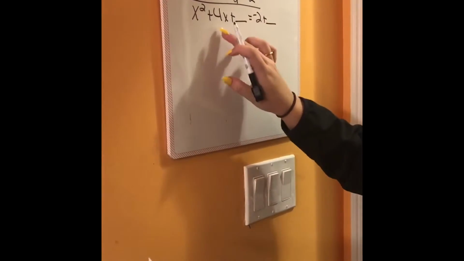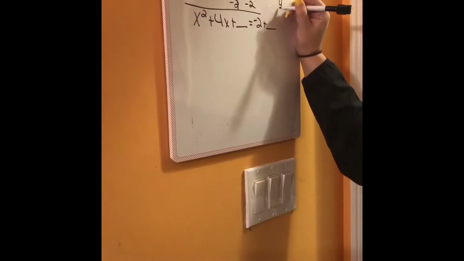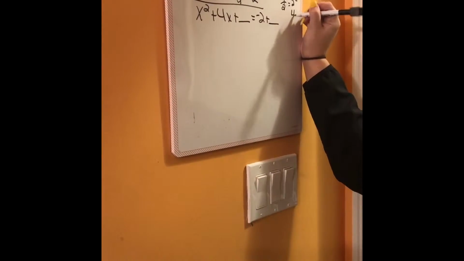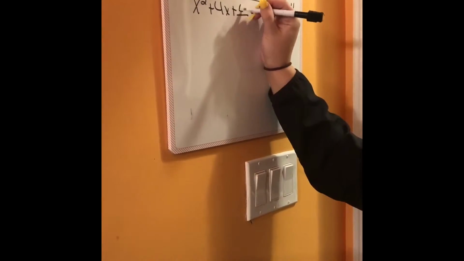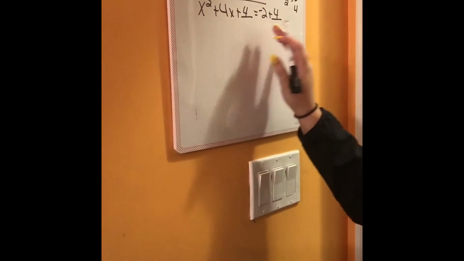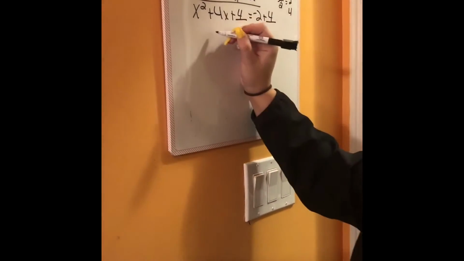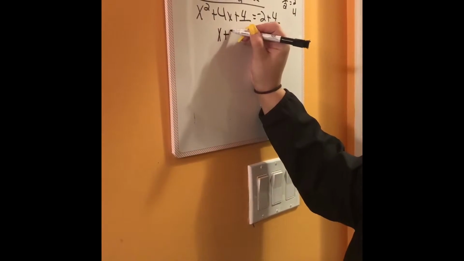So b in this case is 4, so it'll be 4 divided by 2 equals 2, and then square it, which will equal 4. So 4 goes in the blank. And then for the next step, you're going to take 2 because that was 4 divided by 2, and then you're going to put it with x plus 2